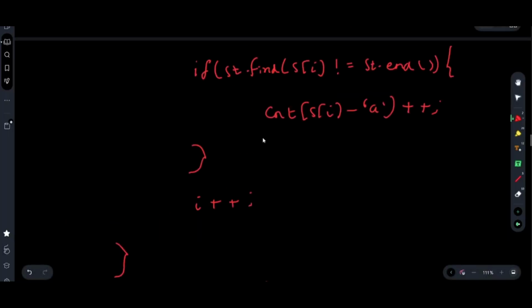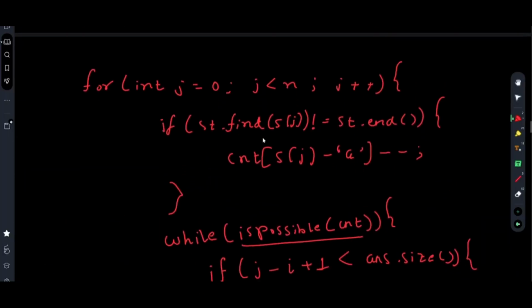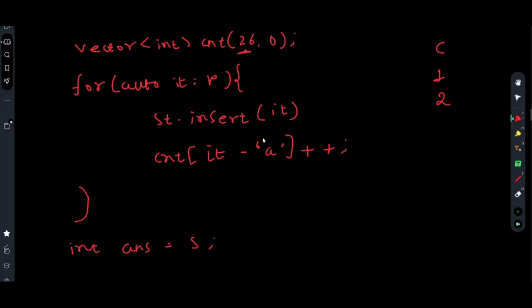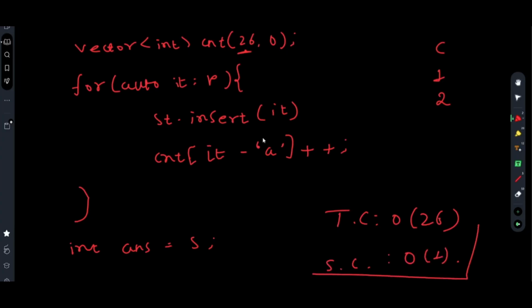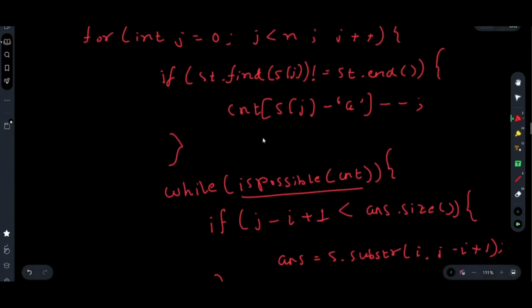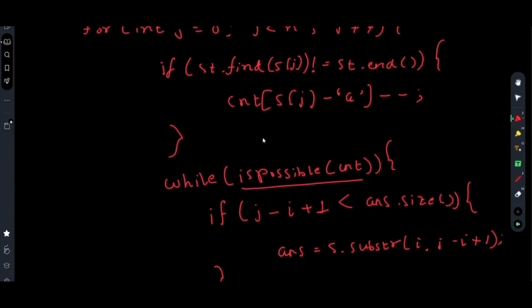So let us compare this by time and space complexity from here itself. This sliding window. Okay, first this particular is possible function. This time complexity will be O of 26, and space will be O of 1 because you're not using any extra space. But in this particular question, at worst case,